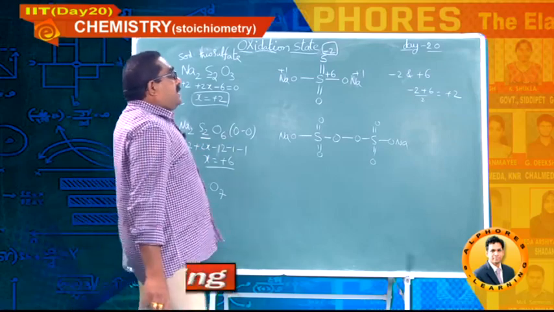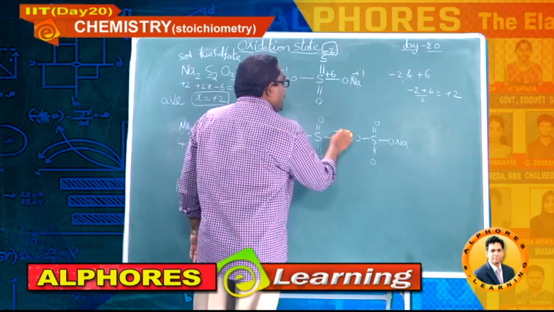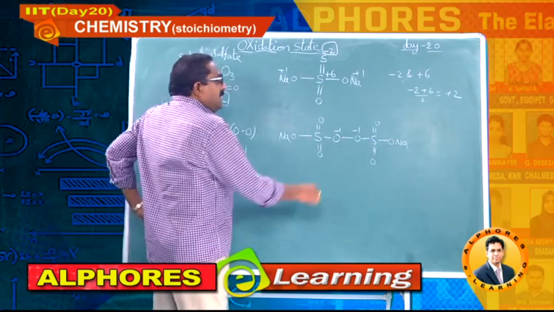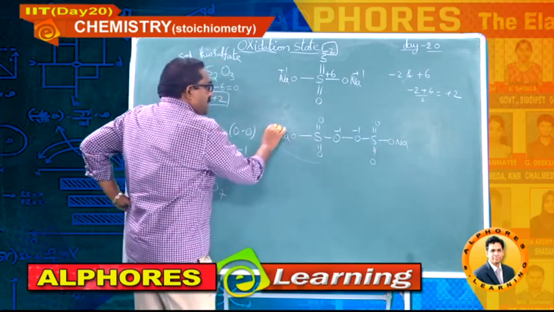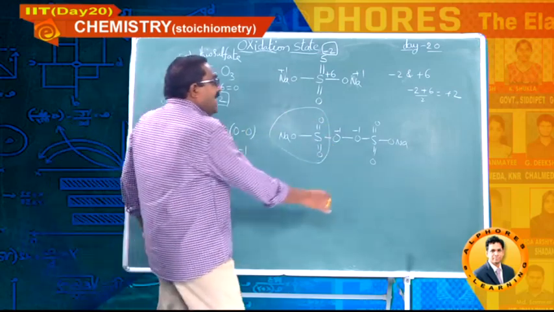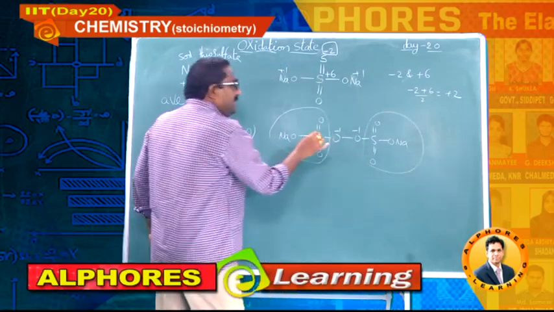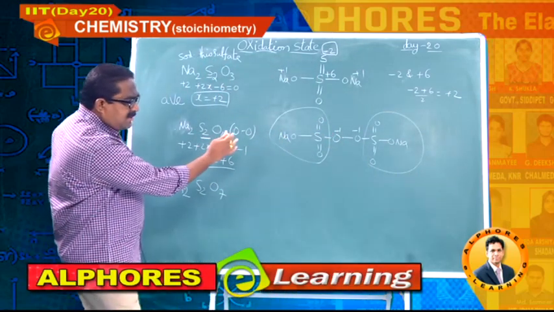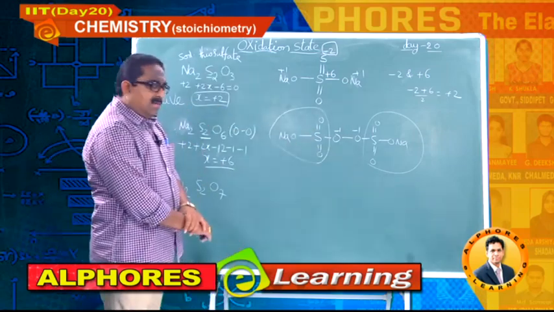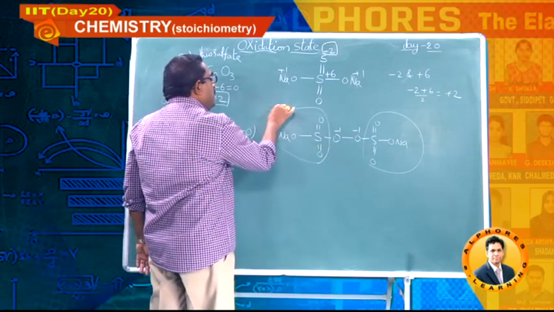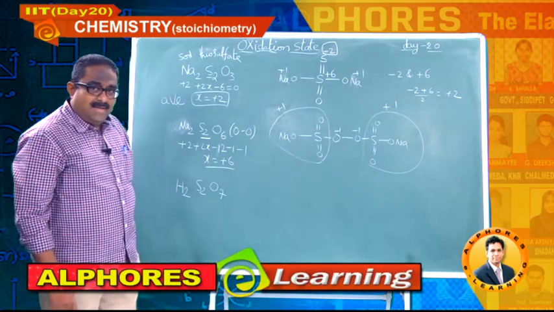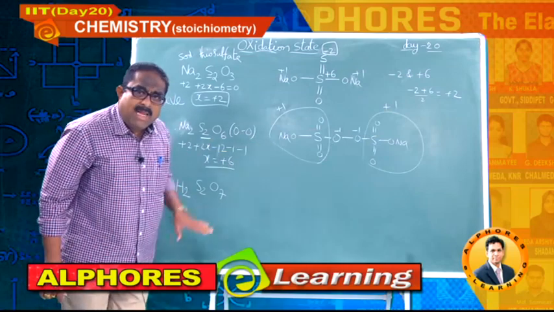Right. These two are peroxide oxygens, so -1, -1. This -1 should balance all the charge of this part as +1, and this -1 should be balanced by all the charge of this part as +1. Similarly, it is a symmetric molecule. If we calculate for one sulfur, the bonding is the same on both sides. So the net charge should be equated to +1 here and +1 here. Then only you will get a neutral molecule.